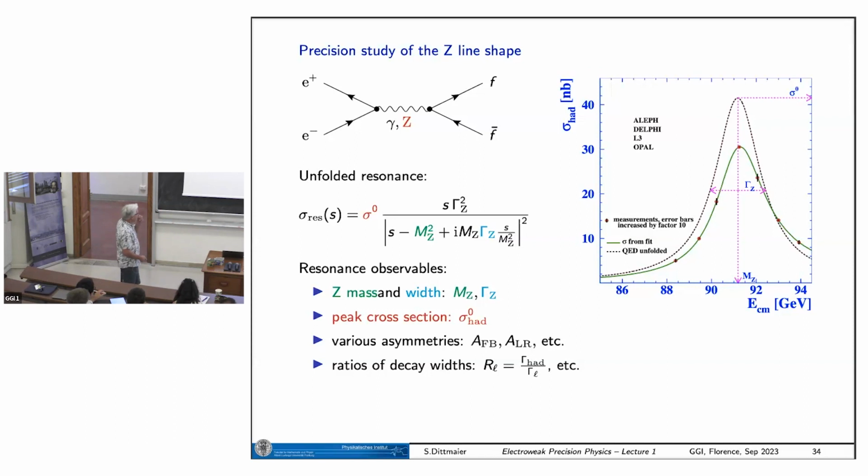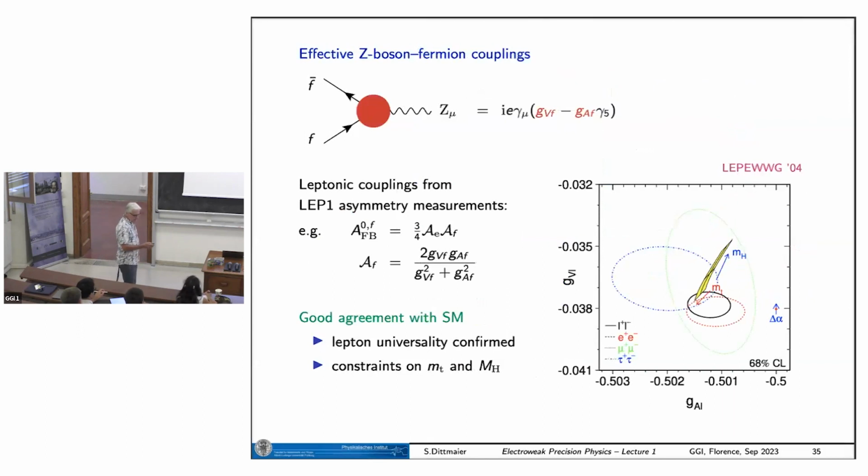Anyway, I made already the point that you can, for example, make several measurements by sweeping over the resonance. This is just the cross-section, and there are also, as I've said, various asymmetries and ratios of decay widths, where the Z boson decays into hadrons or only into leptons, things like this, and you can confront them all with a prediction from the standard model. So this was done